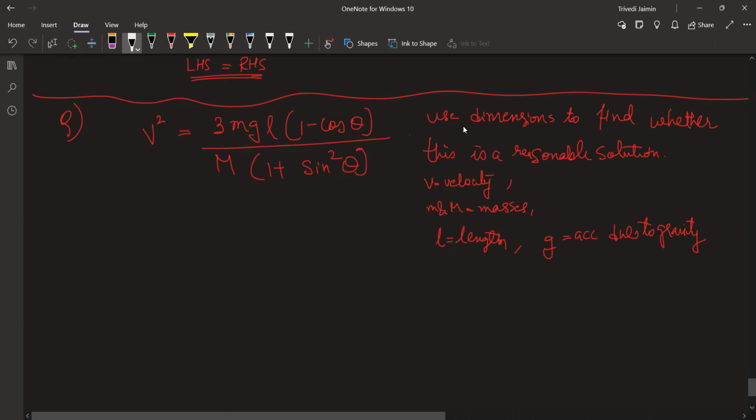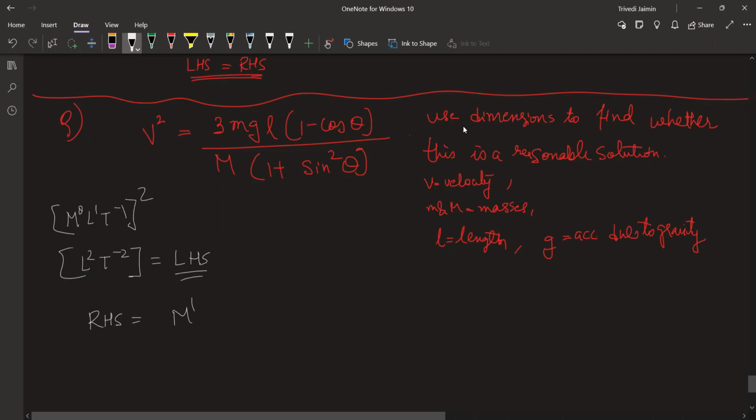Okay. See, I'm getting M0 L2 T minus 2, and it is squared. That means L2 T minus 2. Okay, sir, it will be minus 2 actually. This is your L T minus 2. That's why I got it. Okay, so this side